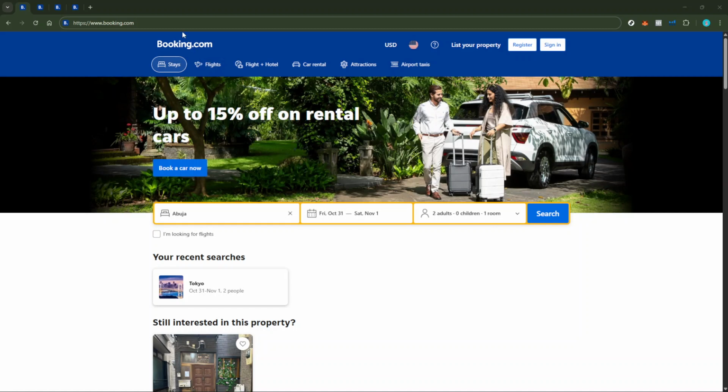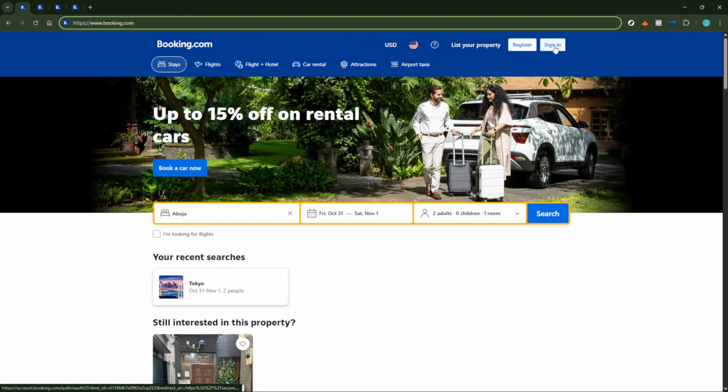First, open your preferred web browser and navigate to www.booking.com. Once you're there, you'll need to log in to your account. So look for the login button, which you'll typically find at the top right-hand corner of the web page. Enter your email and password details and click on the login button to gain access to your account. If you've forgotten your password, make sure to use the Forgot Password feature and follow the prompts to reset it